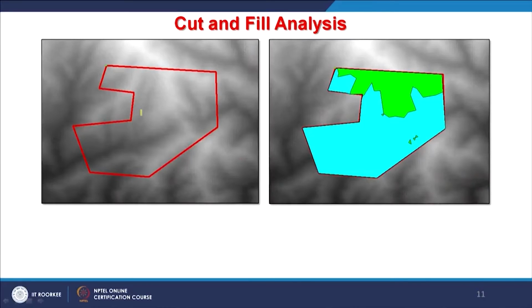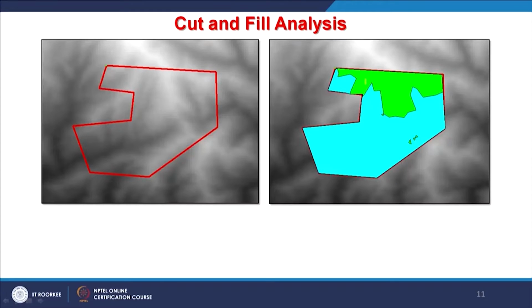Now, how will it look in plan view, because so far what we have been discussing is along a profile, along a cross section, or in 2D. Now, from the plan view, if this is the area which I have decided to make flat for a playground or a colony or anything, once I have taken that area, of course in the form of a polygon, then immediately I decide the level, that this is the flat I want at this height above mean sea level. Immediately the system can calculate for us with this tool